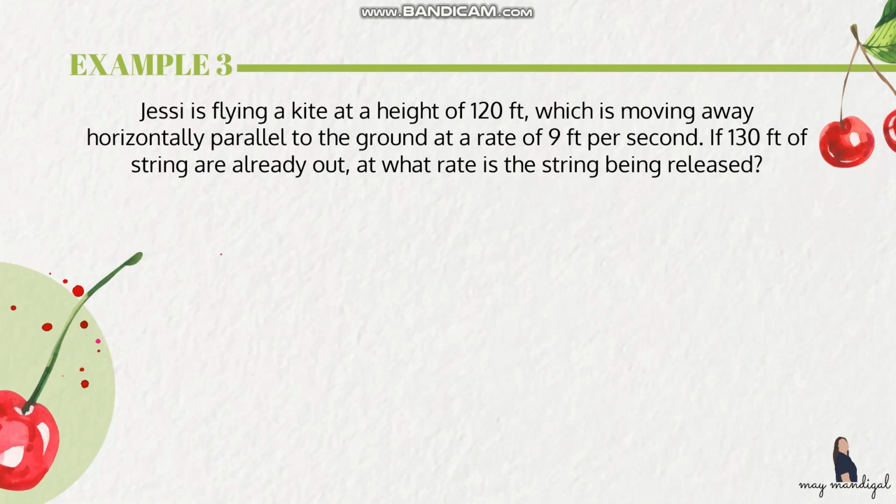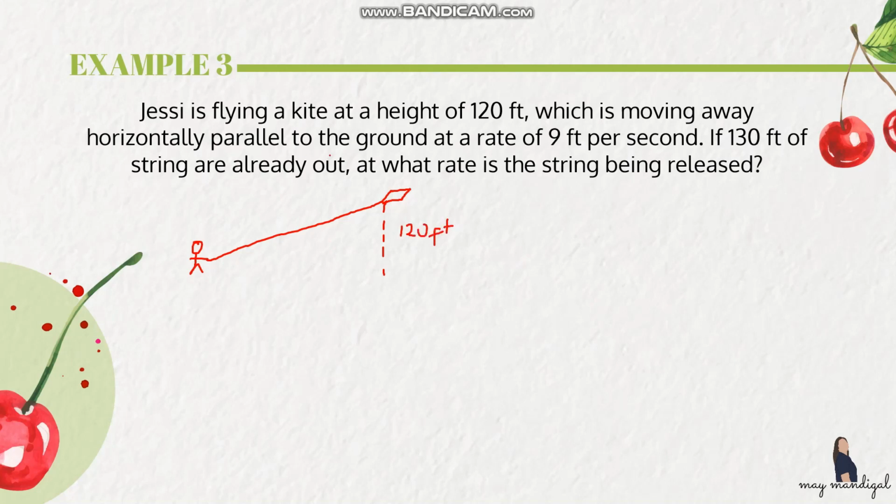Okay, so let's draw the problem. So let's say this is Jessie, and she is flying a kite. So let's say it's like that. And then let's draw the kite at a height of 120 feet. So the height is 120 feet,